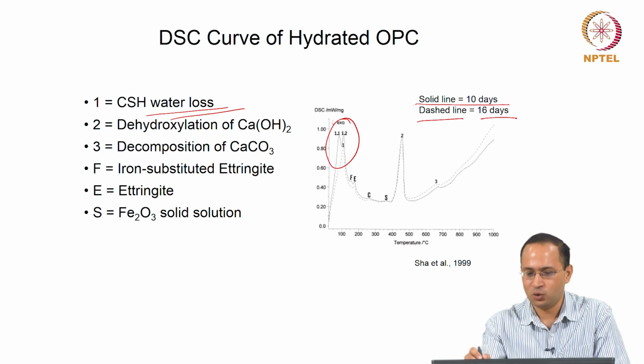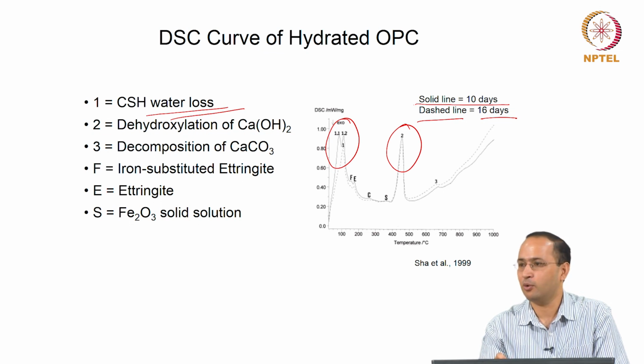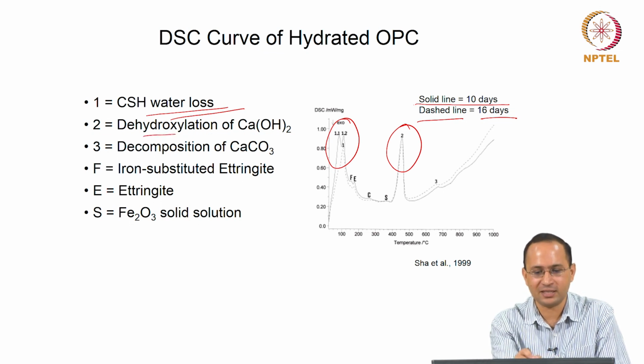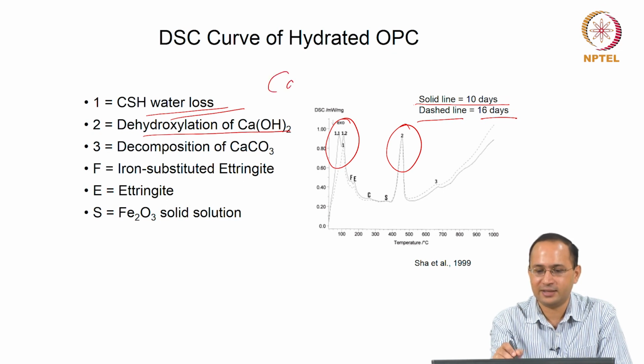Then comes the second peak, 2 major peaks. Let us look at the second peak, which is around 450 to 500 again, right. This is because of loss of water from Portlandite, dehydroxylation of calcium hydroxide. What does that mean? Calcium hydroxide will